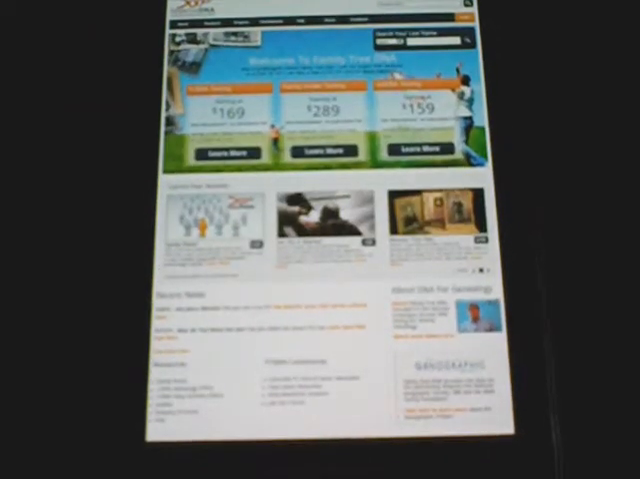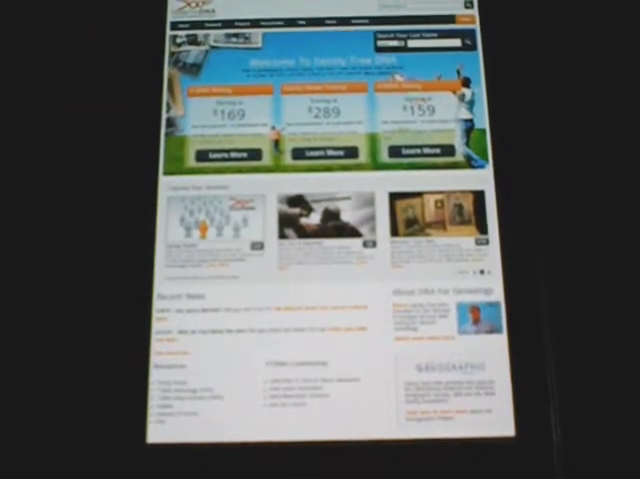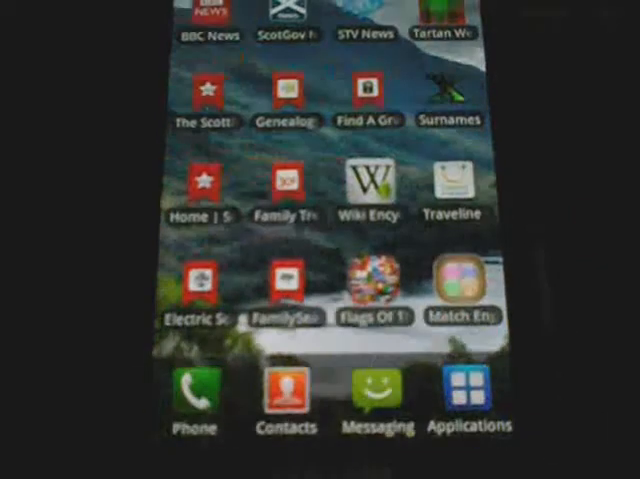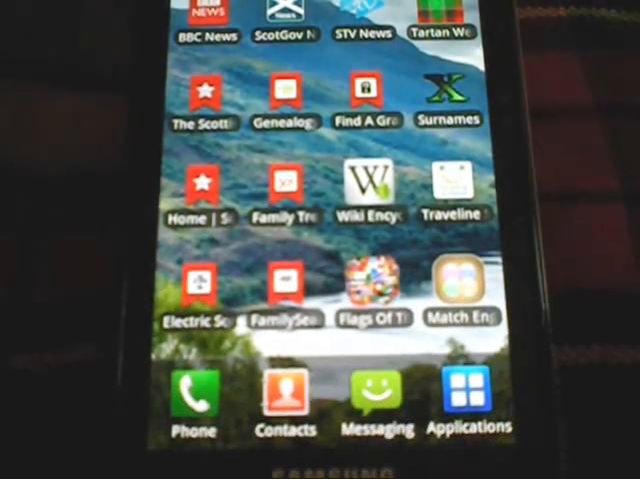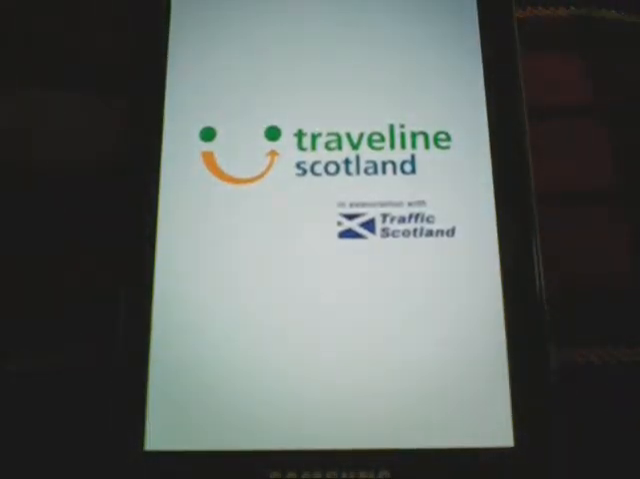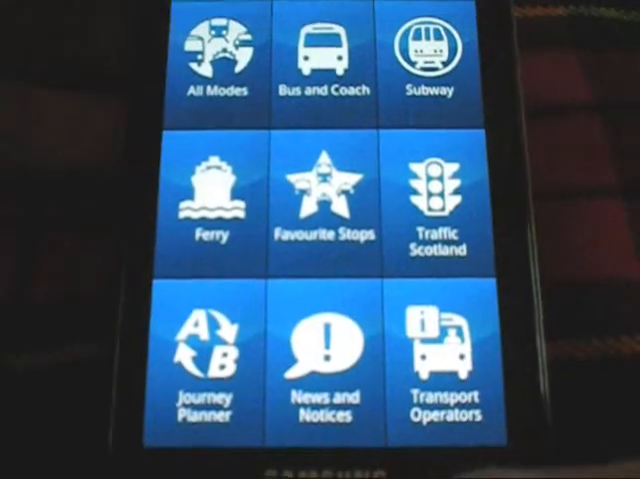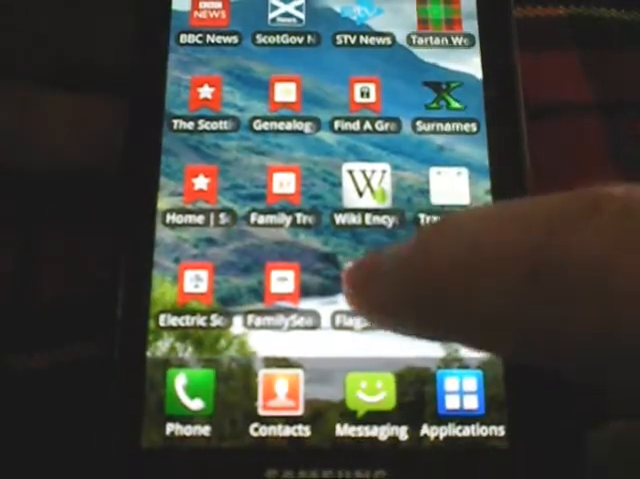explain to them the Family Tree DNA project. I've got them bookmarked. Let's see, I've got information on traveling in Scotland. And I got a nice little